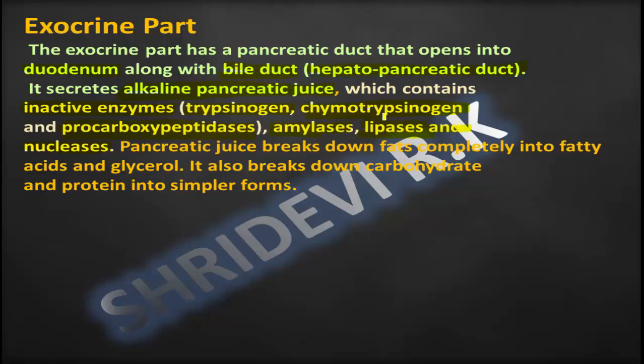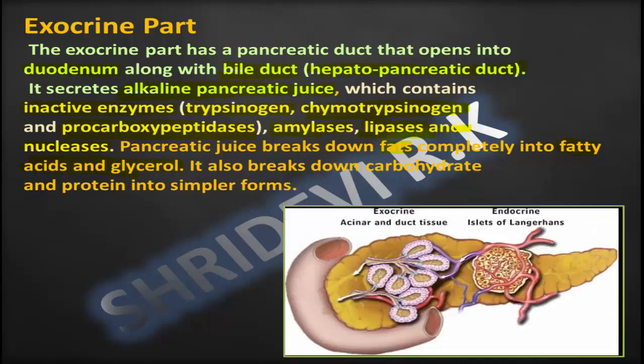So pancreatic lipase is finally acting on the emulsified fat, and it is broken down into fatty acid and glycerol. Not only for fat digestion, the pancreatic juice even contains the enzymes required for the digestion of proteins as well as for the carbohydrates. So here is the image of both the exocrine part of the pancreas and the endocrine part of the pancreas. The exocrine part is called pancreatic acini.